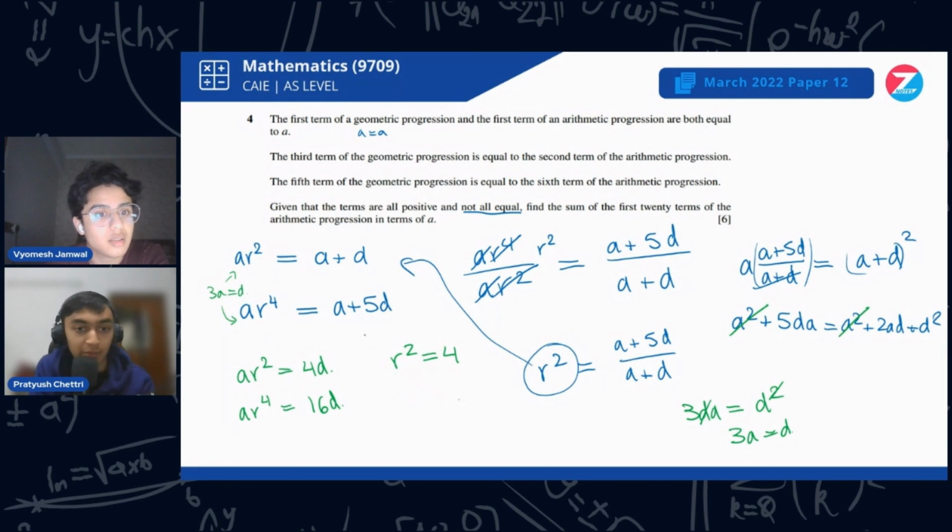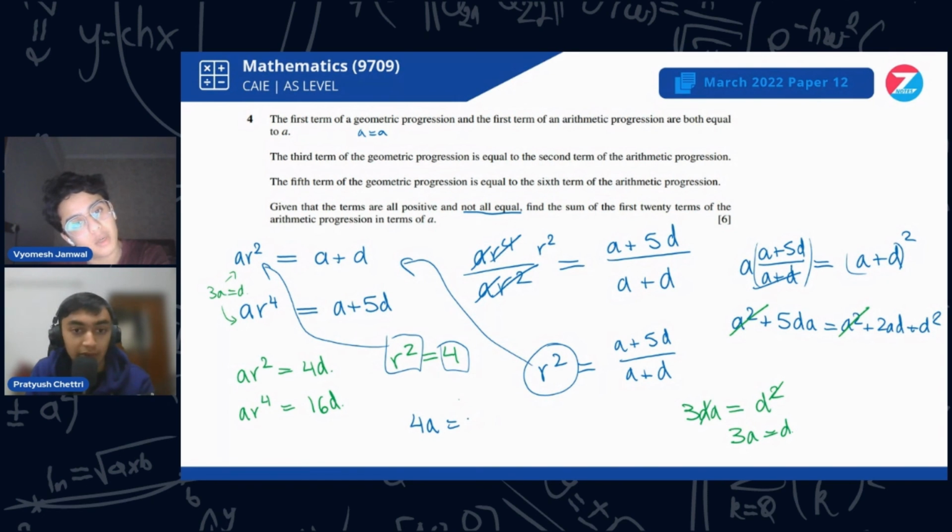Let's say if 4, right? So it's just going to be 4A equals to A plus D. Wait, that's not working. We need to find essentially D, right? Oh, I think it says in terms of A, the arithmetic progression. So the sum of 20 terms, right? So we could just go with S20 equals to 20 upon 2